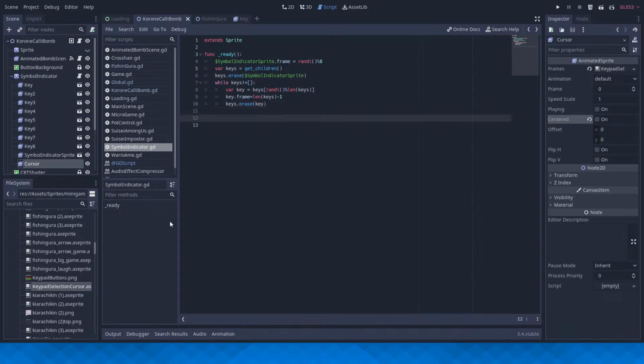So, function process. I can take out the delta.